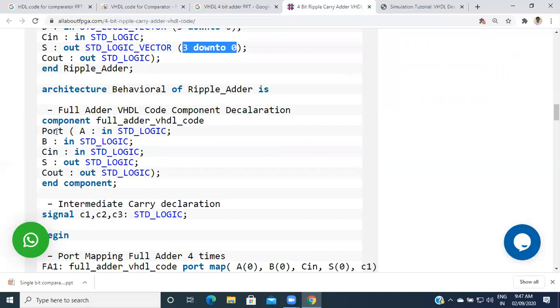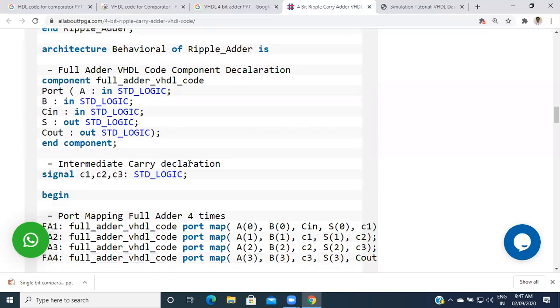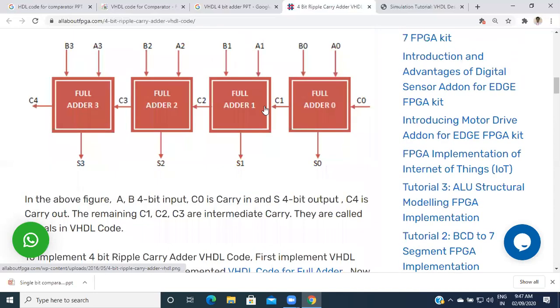In that component declaration, port A in std_logic, port B in std_logic, CIN in std_logic, and S out std_logic and C out std_logic. These are the end component. Then the intermediate carry declaration. So here the intermediate signals are the ones in between the process.